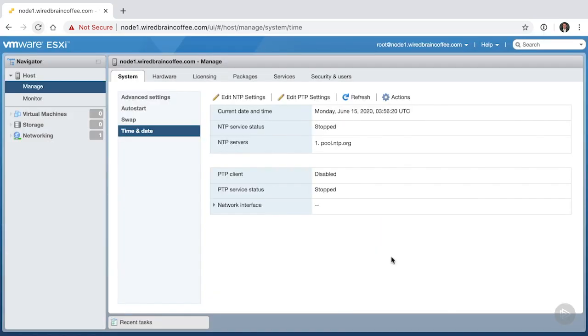I'll click Save, and notice that our NTP server here is now pool.ntp.org, but the NTP service is still stopped. It will be started, of course, when we reboot this host. But if we don't want to wait for that, we can click here on the Actions button and actually immediately